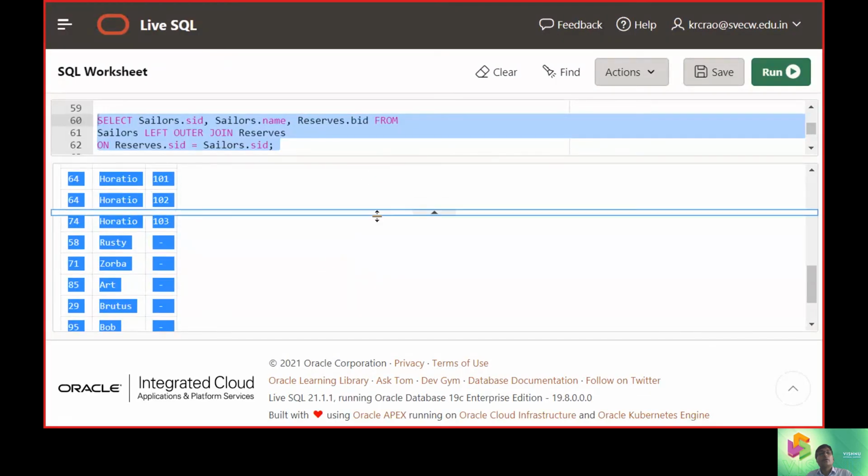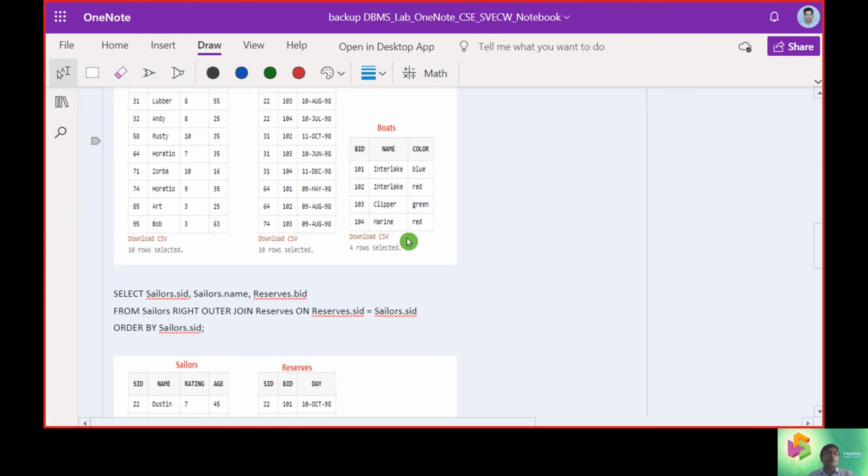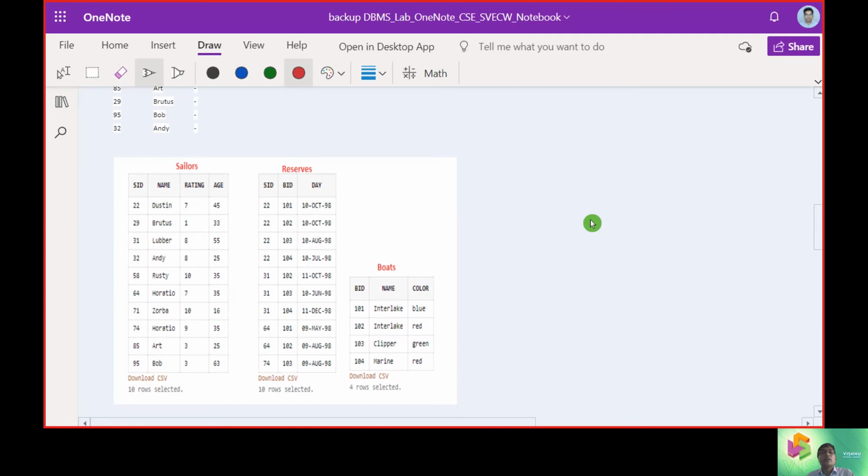Okay. Now let us see what happens if we use the same query with the right outer join. When we put the right outer join, we need a symbol pointing towards the right-hand side.